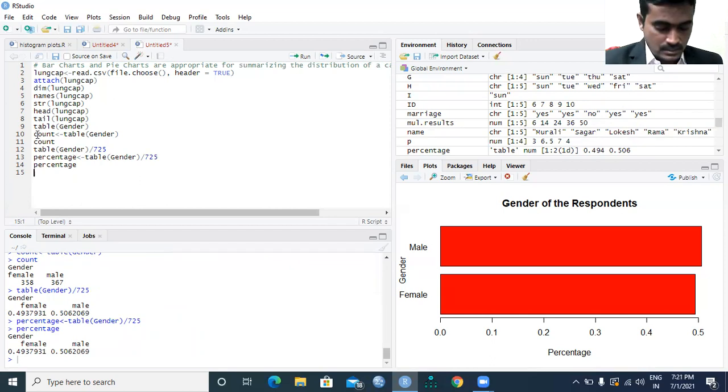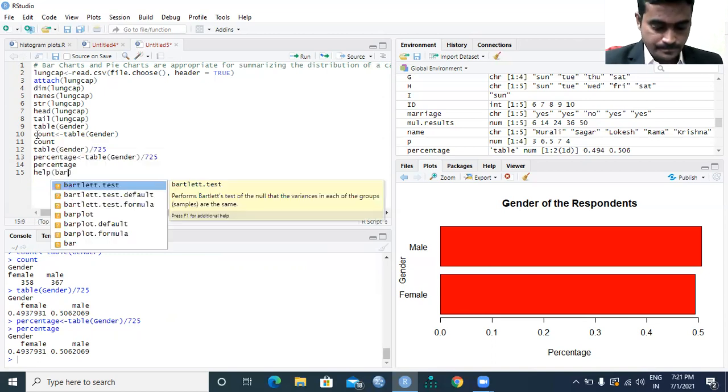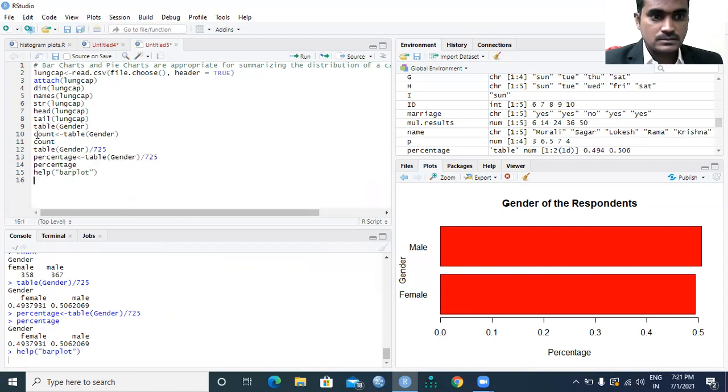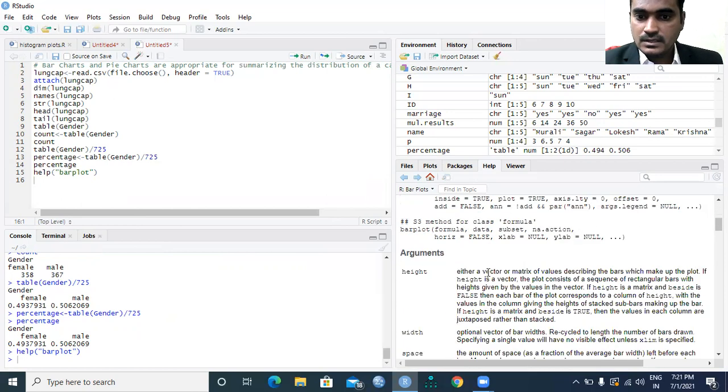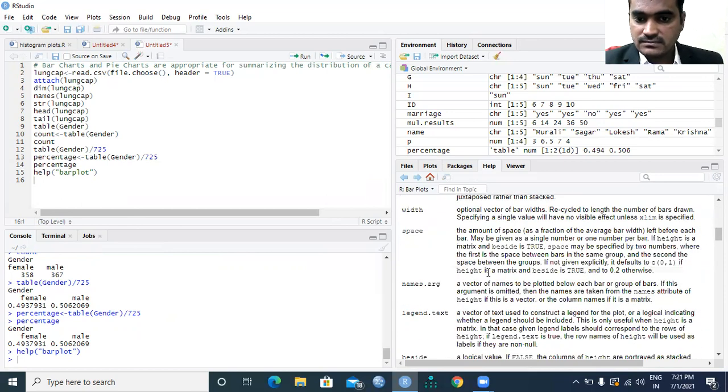bar plots. Right? First of all, when you don't know how to create the bar plot, just take the help and use the bar plot. So it will give you a lot of information about the bar plots. So when you don't know how to create the bar plot, just use help and it will give you